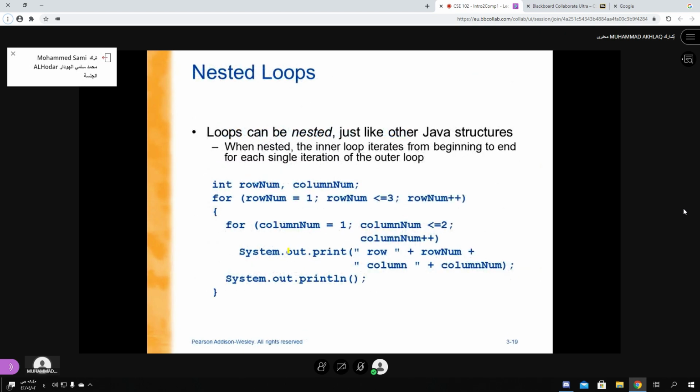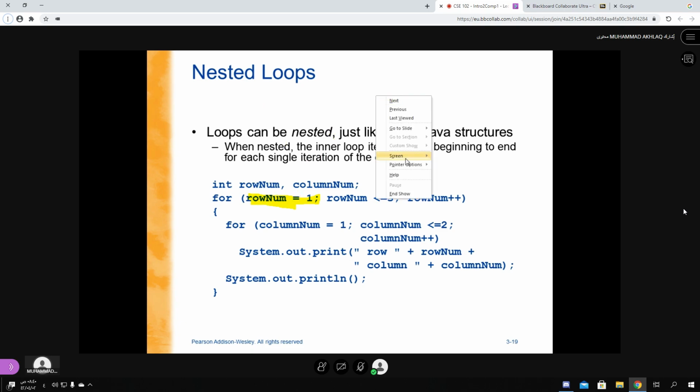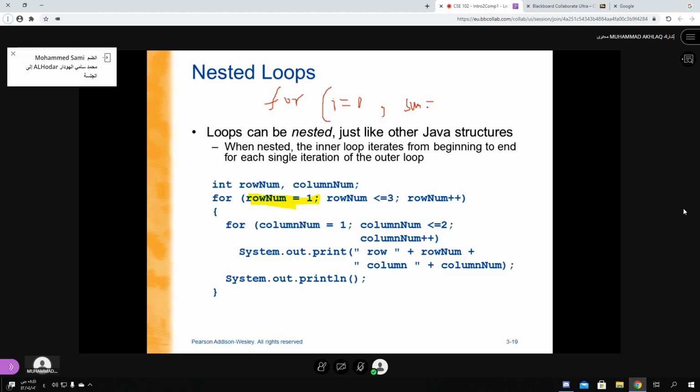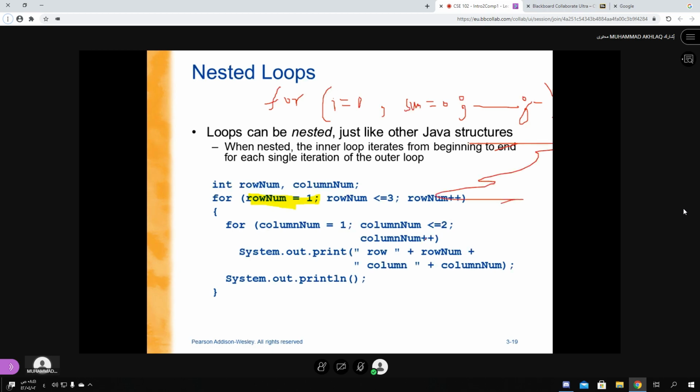Okay, in a for loop, for example, here is initialization. But if you have multiple initializations, for example, if you want to say x is equal to 1 and y is equal to something, you can use a comma. How? For example, if I say for, and the initial value, maybe I can say i starts from 0, comma, sum starts from 0. So multiple initialization, and then you can put semicolon, condition, semicolon, increment, decrement, and other things. So multiple initialization can be there using a comma separator.